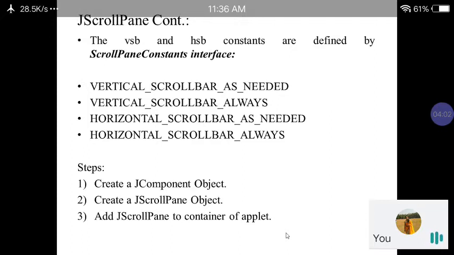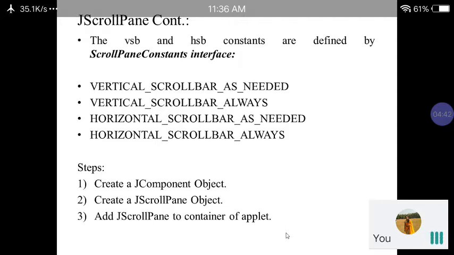The third constant is horizontal scroll bar as needed, similar to the first constant. Whenever there is a necessity for the horizontal scroll bar, then and only then it is added. Otherwise, it will not be visible on our screen. The fourth constant is horizontal scroll bar always, meaning whichever component we add on our screen, either small or large, necessary or not, in both cases the horizontal scroll bar will be added compulsorily.